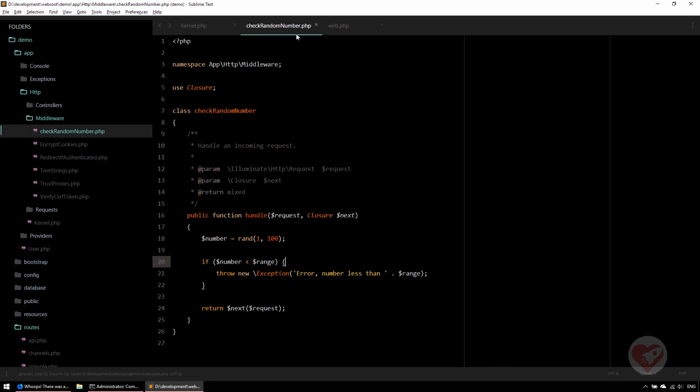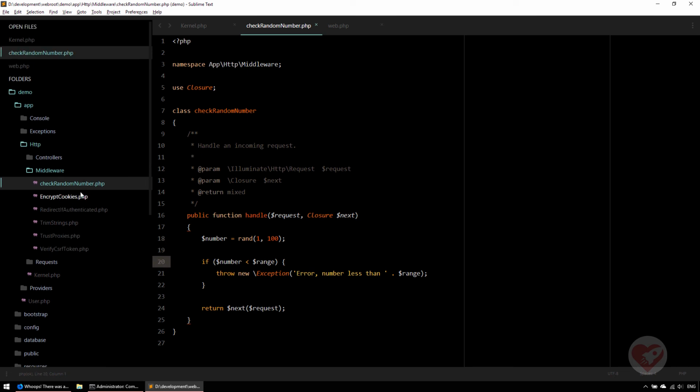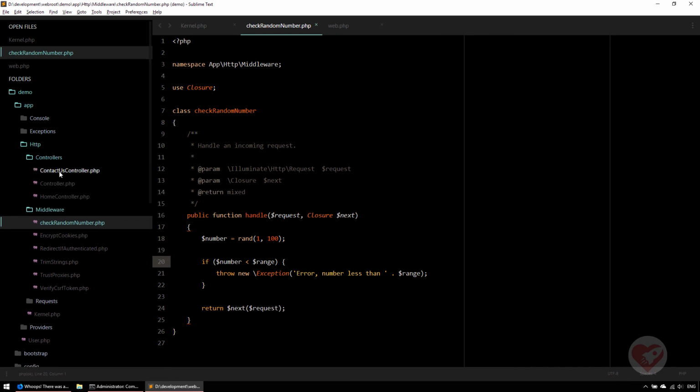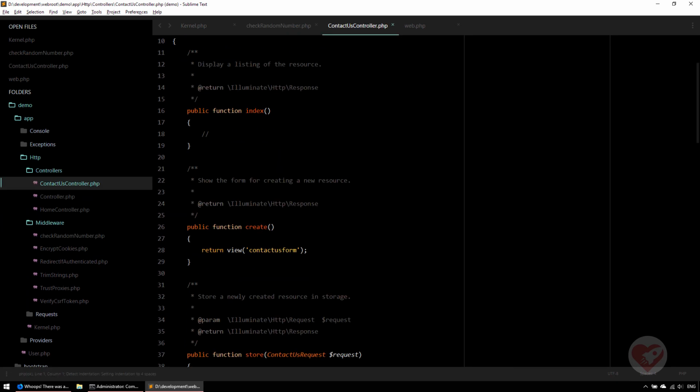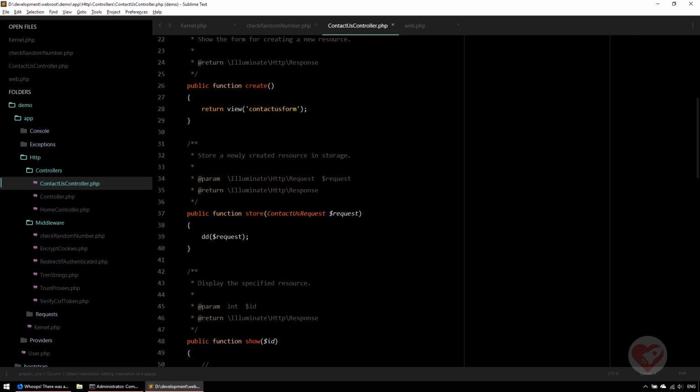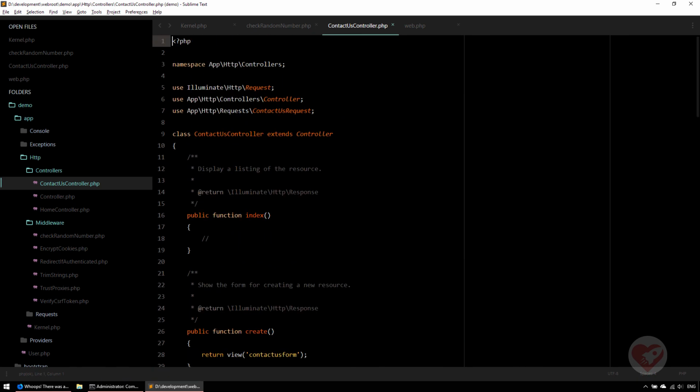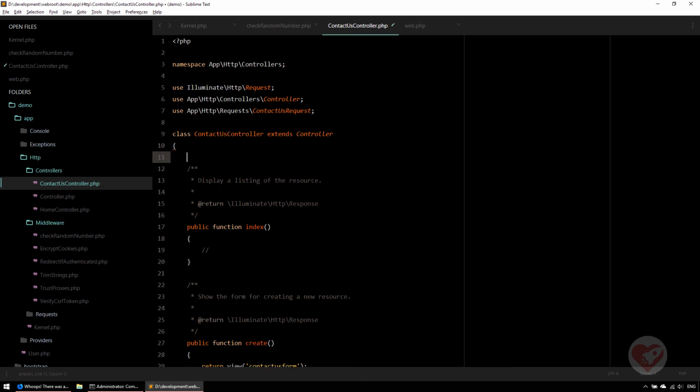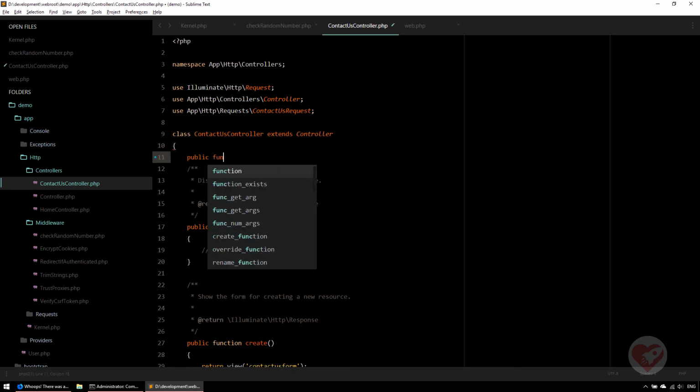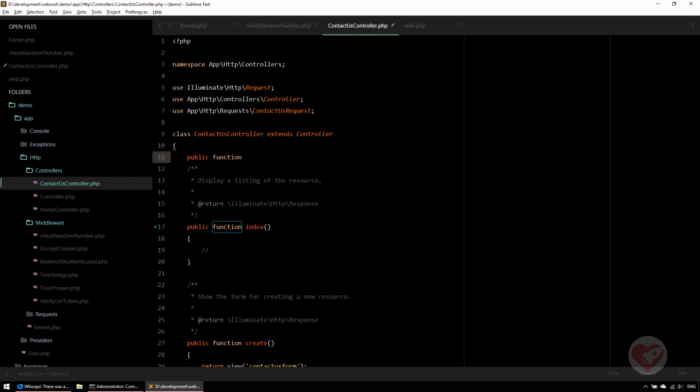So here is where we go to the last part of this session. That is, we are going to use it on the controller. So we now go to our controller that we have created, the contact controller. And here on the construct that we will create, we are going to define where we want to use this middleware. So let's create it here. So for instance, I say public function construct,